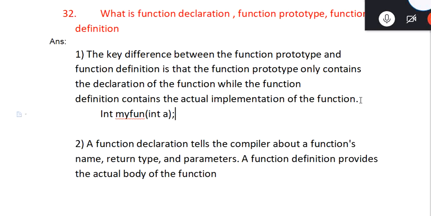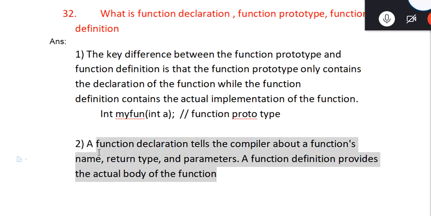So this will be the function prototype. While the function definition is where we have the actual implementation of this function. Okay, now read this statement, and I will read for you. You people also read and try to see the function declaration.